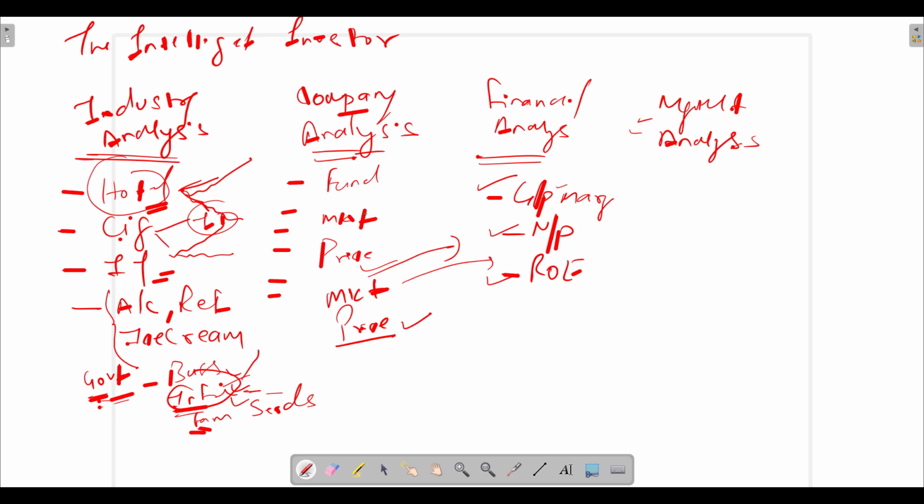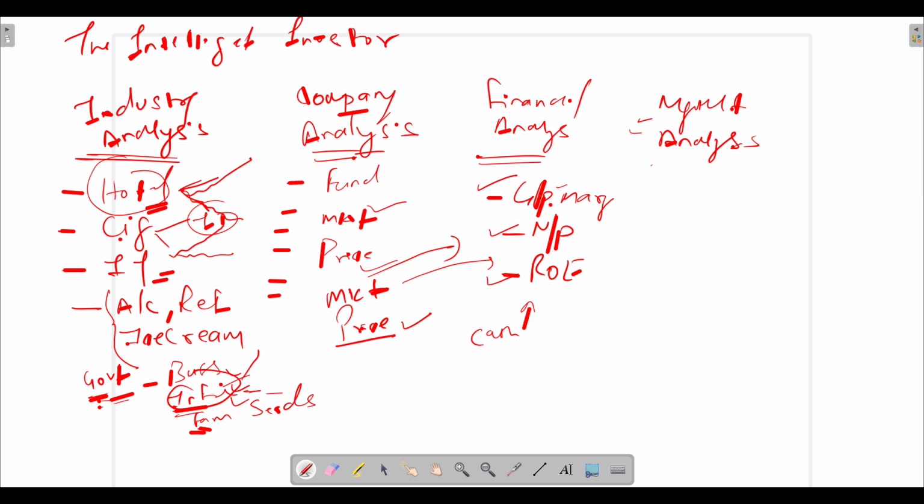When they have a good hold on the market, they will be able to sell more goods. Okay, when they are price leaders, they would be able to charge higher prices. So automatically their gross profit, net profit, and ROE will be higher. There are so many things under financial analysis as well, whether the cash flow is good as compared to the profit, and there are many other aspects as well.